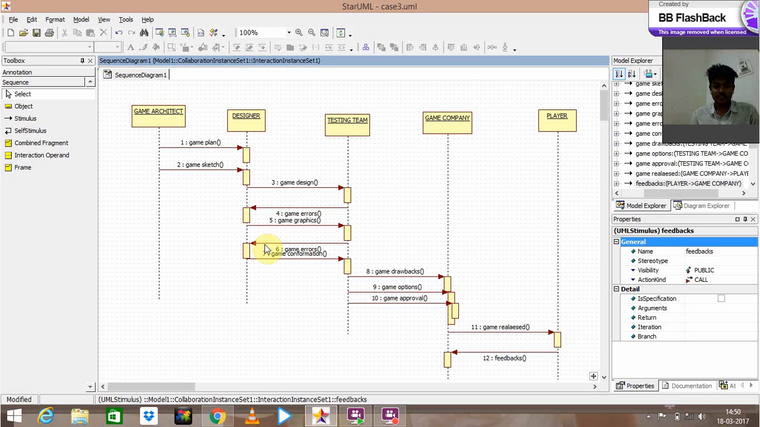After all the errors, such as the game errors for designing as well as the game errors for the graphics, have been recognized, the game confirmation has to be done. So the game confirmation has to be done from the designer to the testing team. So this phase has to be done. After that the testing team will